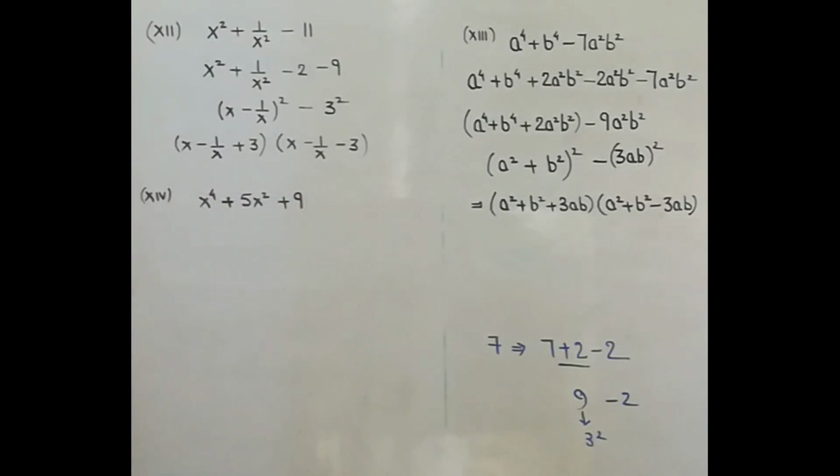Now see in this question. Now it is not necessary that every time the last term is to be taken in two parts. Any of the terms you can take in two parts, so that one part gives you a perfect square and the other part also gives you a perfect square. Now in this question, just see this step.